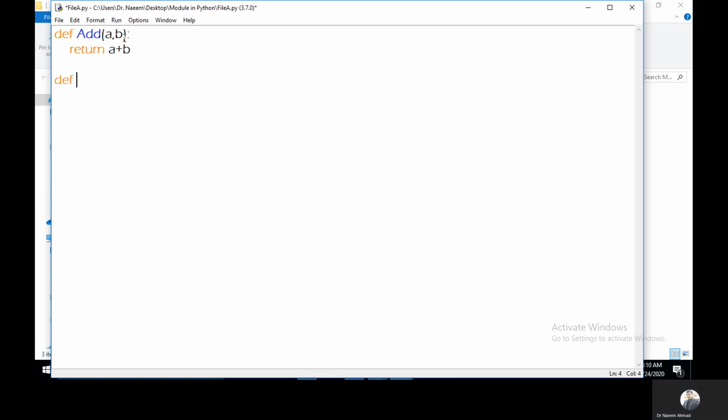Then I will create one more function, a subtraction function, and this will give the positive value of the difference of your values. So if a is greater than b, then subtract b from a and return.